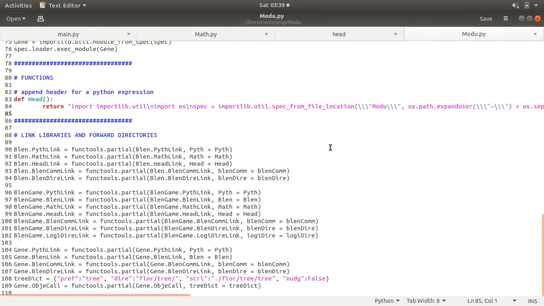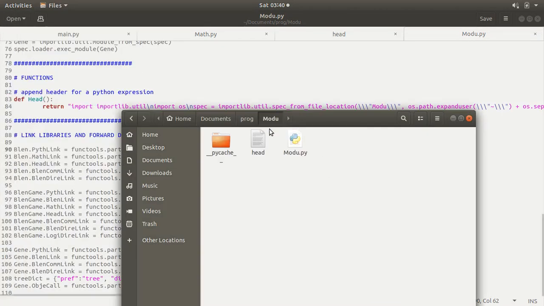and then my scripts can use all the functions in the different libraries. So here what I'm doing is I'm linking my different libraries together. For example, my Blender library uses functions in my Python library, and so in order for the libraries to kind of talk to each other,